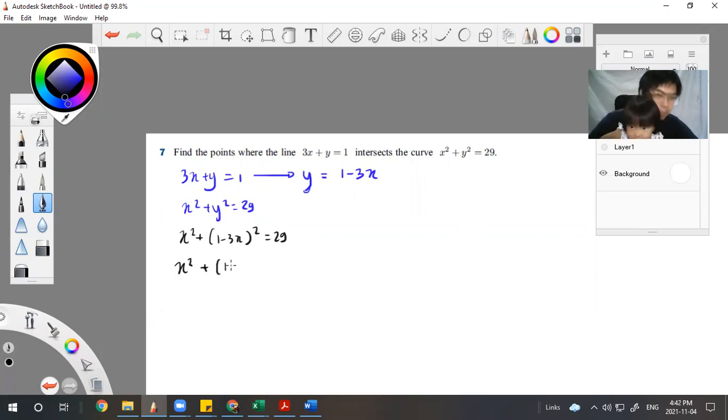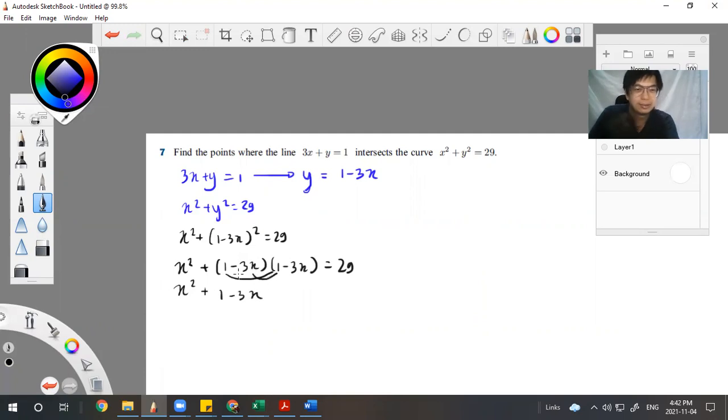It is 1 minus 6x plus 9x squared. How can you do this? If you cannot do this, you have to expand slowly, slow but sure. So 1 times 1 is 1. 1 times minus 3x is minus 3x. Minus 3x times 1 is minus 3x. And minus 3x times minus 3x is plus 9x squared. Then what you can do now is put the 29 to the left side,